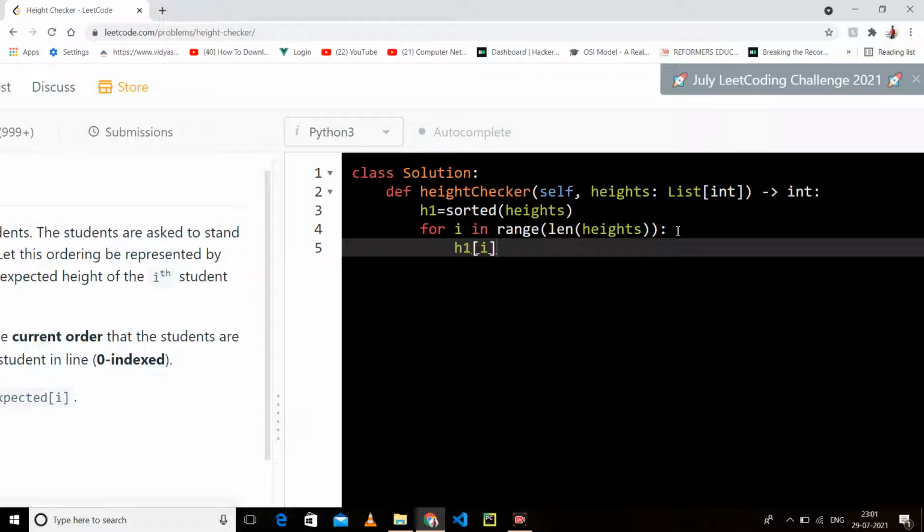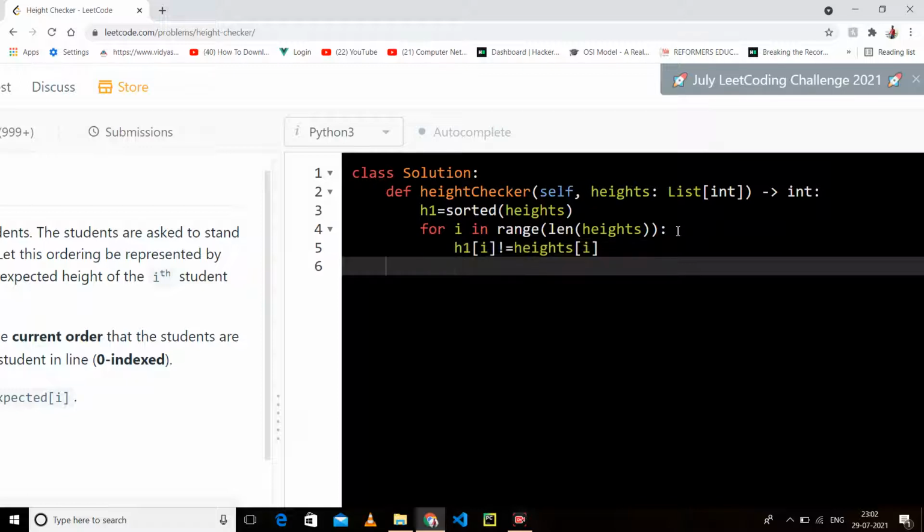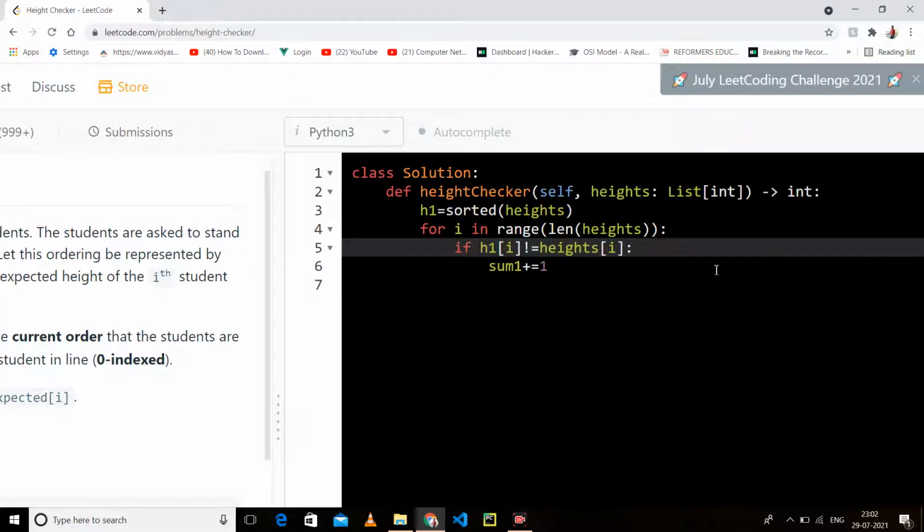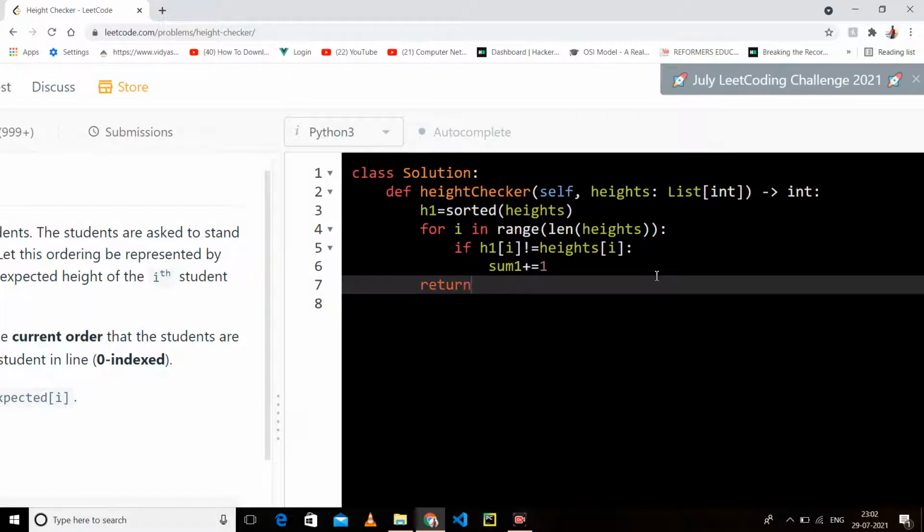If h1[i] does not equal h[i], we increment the count, and we will simply return the sum.